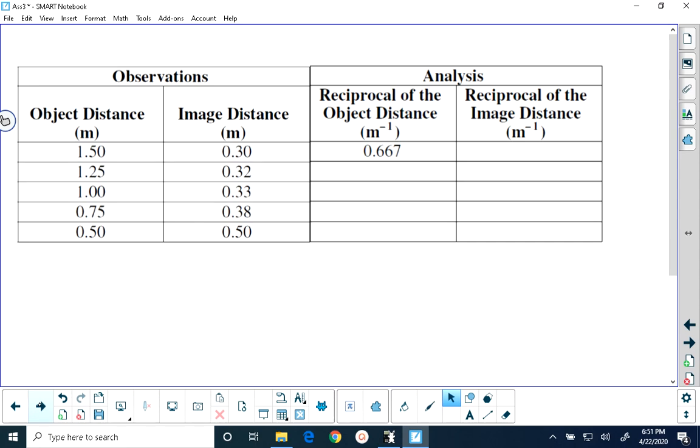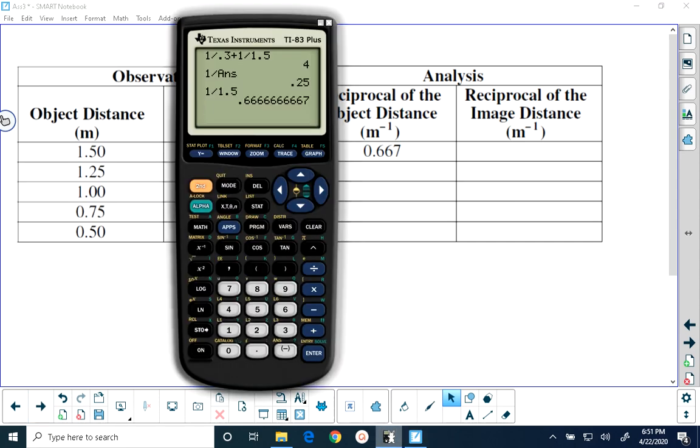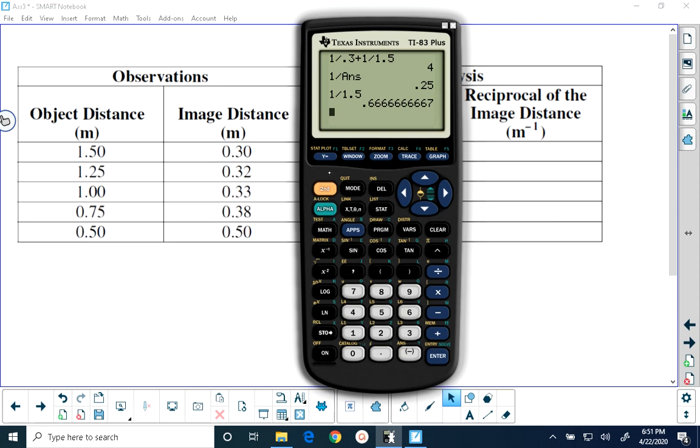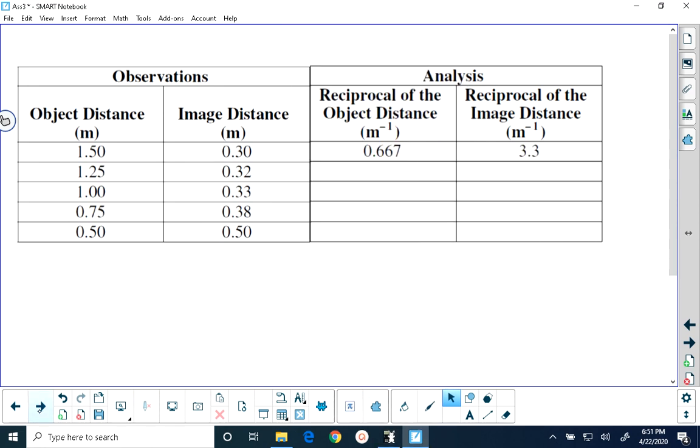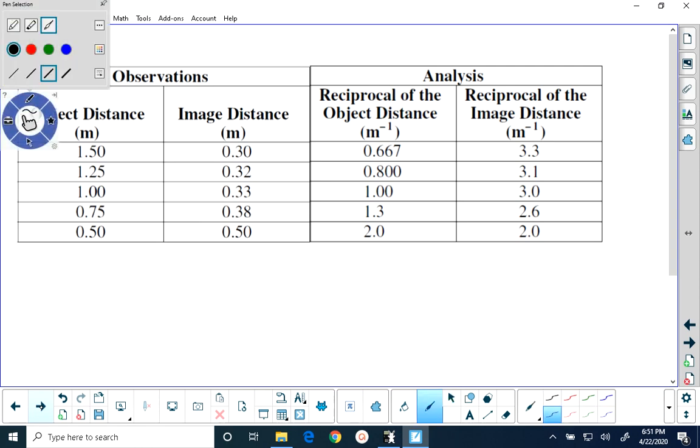And then you need to take the reciprocal of the 0.3. 1 divided by 0.3 gives us 3.3 repeating. So you're going to enter that in your data table. And you're going to repeat this process. You're going to populate this table with the reciprocals of all of those numbers. And this is the data that you are going to be plotting